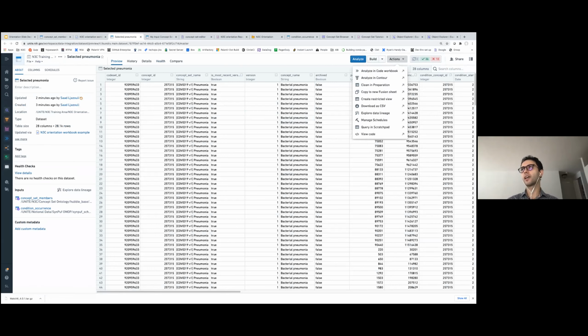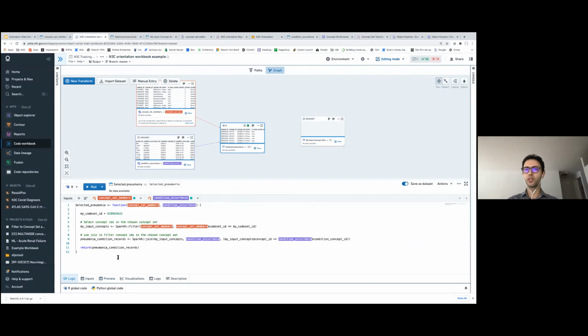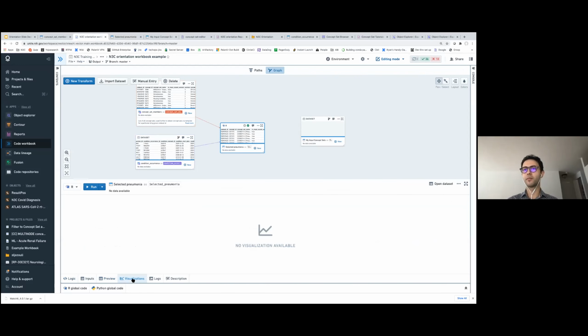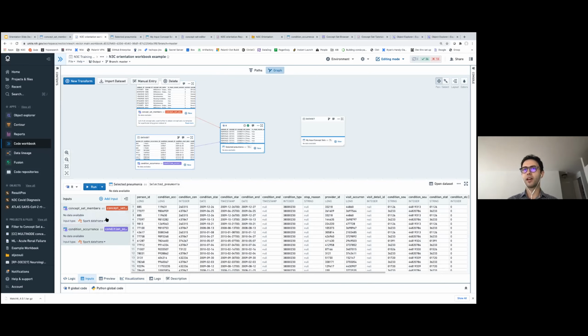So you can click on analyze here. You can analyze it from a code workbook. If you have code that produces visualizations, you'll be able to see them from this tab. The inputs tab is basically the inputs of your transformation. So in this case, I have 2 tables, and you can look at them from the inputs tab and toggle between them and visualize them from here.